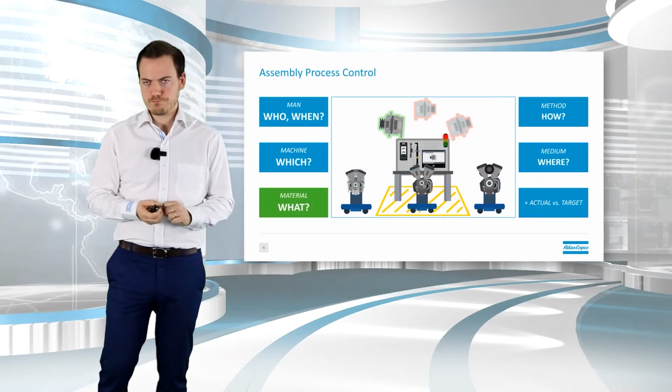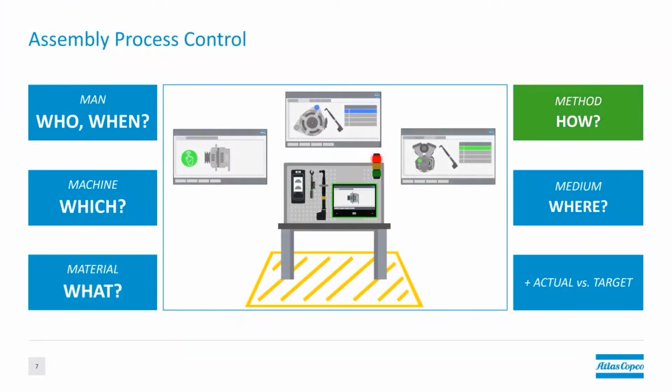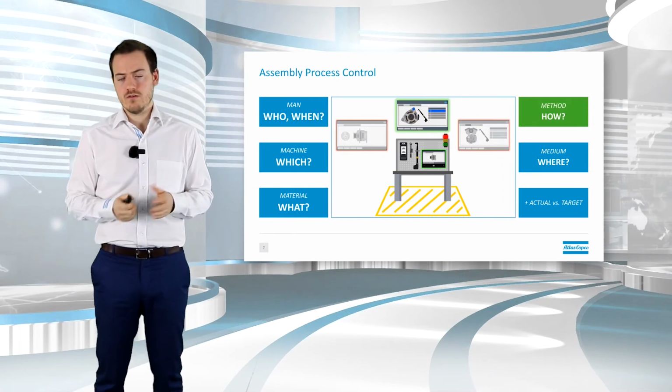Now let's continue with the method. So I mentioned this briefly before. With a really efficient process control, we can interlink different processes, different steps in the right sequence. So let's say here we first need to mount the alternator, choosing the right one, then we need to do the tightenings, and then maybe we have another tightening afterwards. A really good process control can make sure that this sequence is followed and not enable the next step if the previous one was not done correctly.